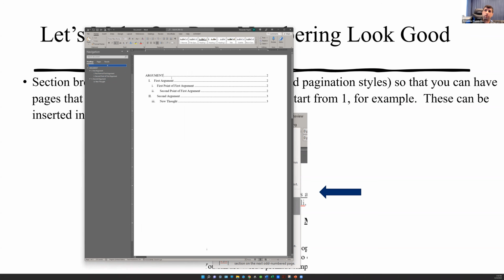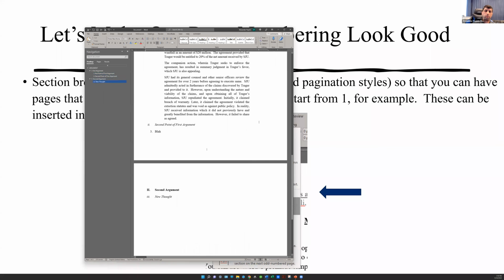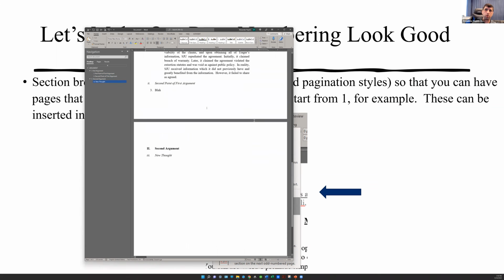So now, if I right click on my table of contents and I update the field, I'm only going to update the page numbers because nothing else changed, except now it's pages 1 and 2 instead of 2 and 3. So now I have that professional looking document where my tables are in their own section with their own pagination